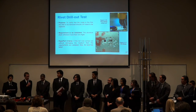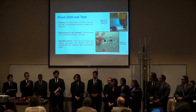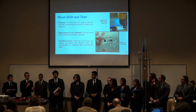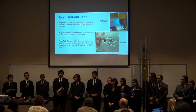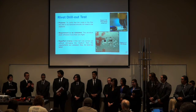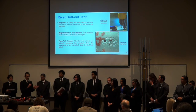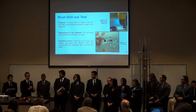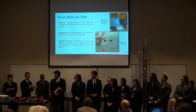All right, that was slightly misstated. The test can be conducted multiple times, of course. The issue is that we found that you had to step up the drill bit one size to successfully drill out the rivet. However, if you take a size 41 drill bit, drill a hole through the pieces of metal and insert the fin, use a rivet gun to put a rivet into the hole and secure it in place, and then take a size 42 drill bit and drill out the rivet that has been inserted,